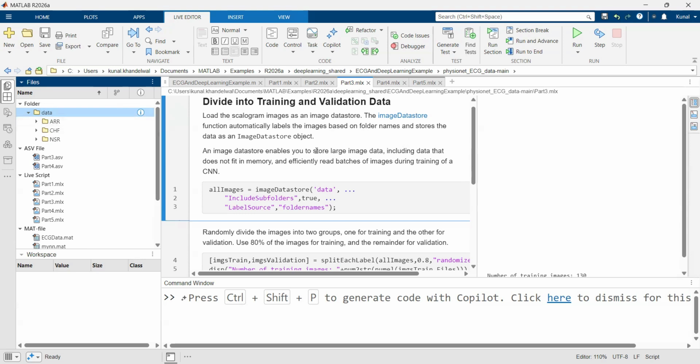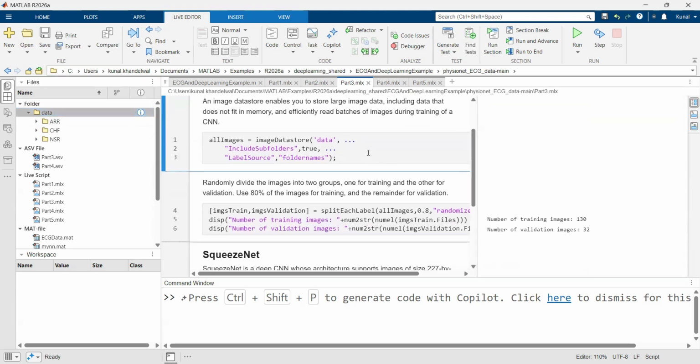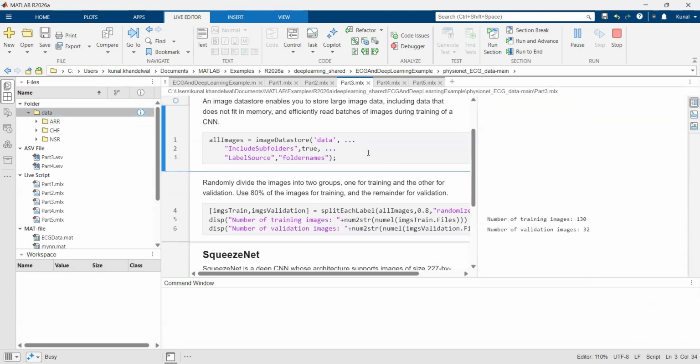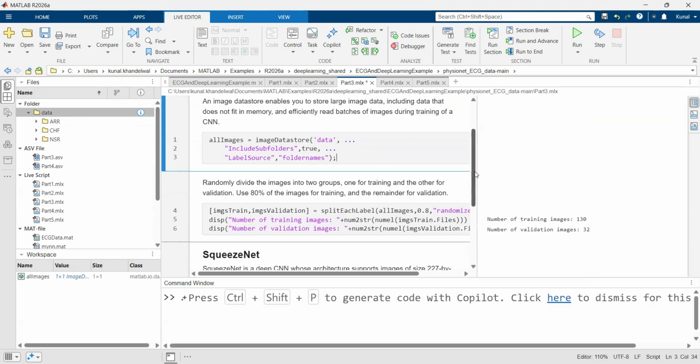When you have large data which cannot fit into the memory, in that case you can use image datastore. So let's try and execute this. Once you have loaded the data into this all images variable, we can go ahead